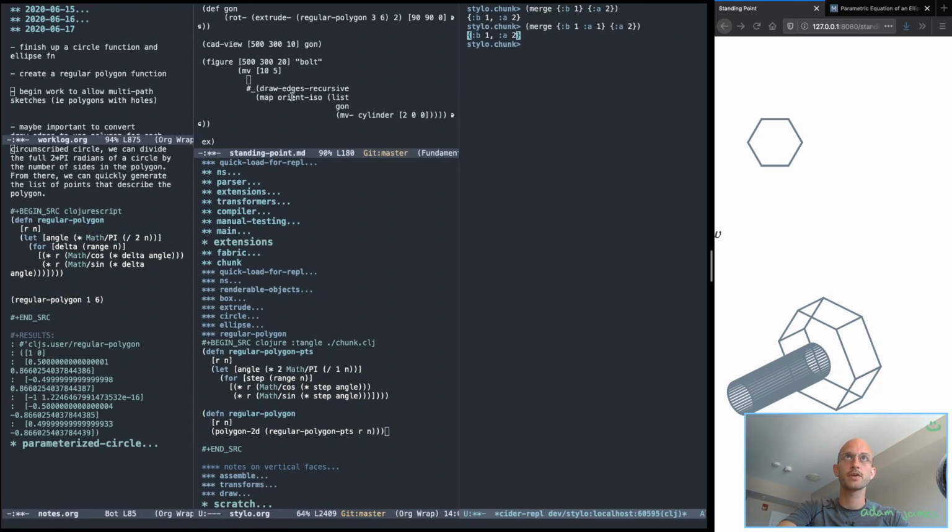So, if I just do a merge, let me show an example here. If I orient isometrically, the merge of cone and move of cylinder by 200,